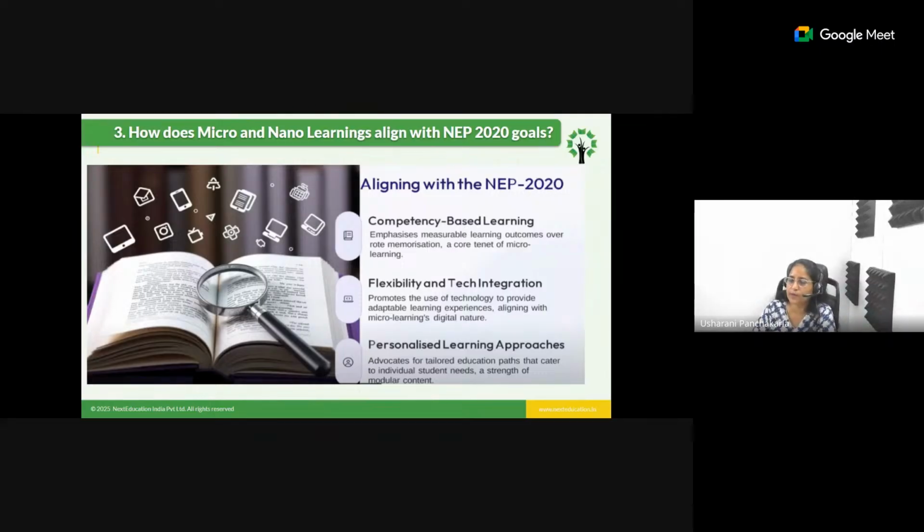The first one is competency-based education. So we set the specific learning outcomes. As I said in the start itself, whatever micro learning or nano learning, it should cover around a concept or a learning objective. In micro learning, we cover around a 5 minute video, with around 4 to 6 learning objectives. When it comes to nano learning, you are covering only one learning objective, a short video. So here the learning outcomes or the learning objectives matter a lot.